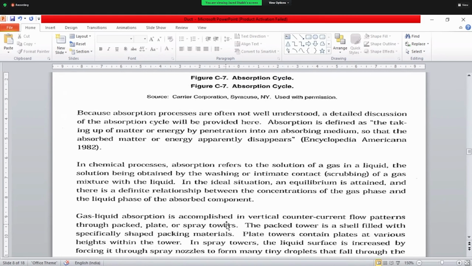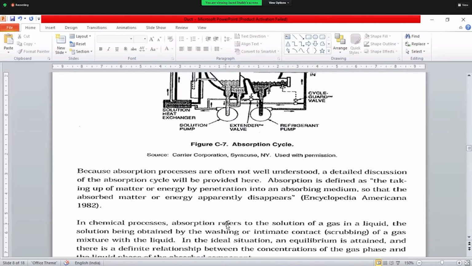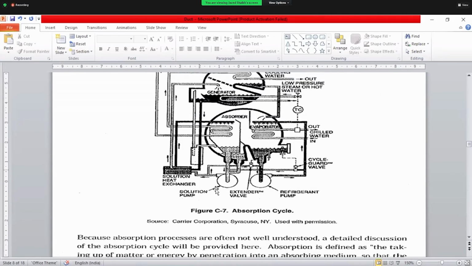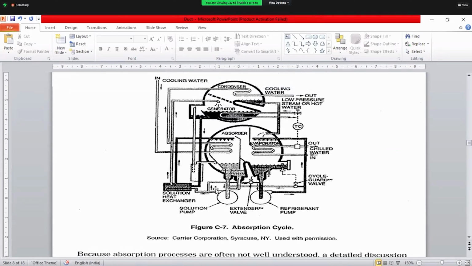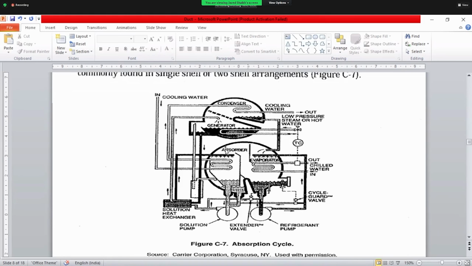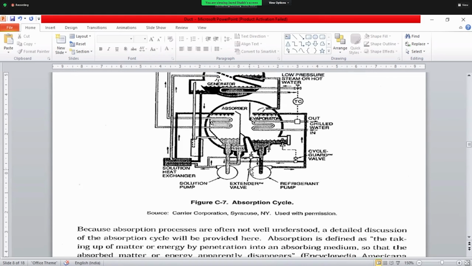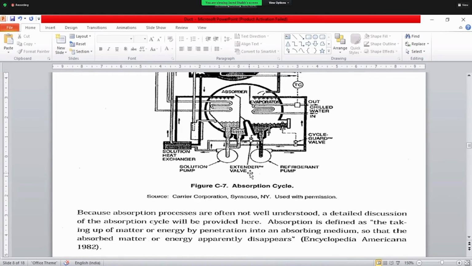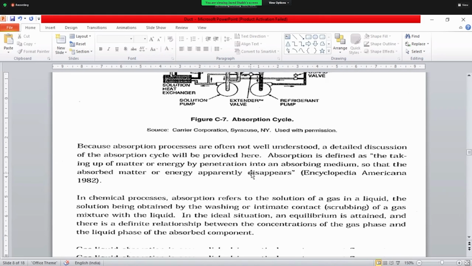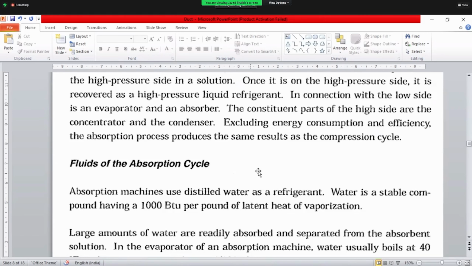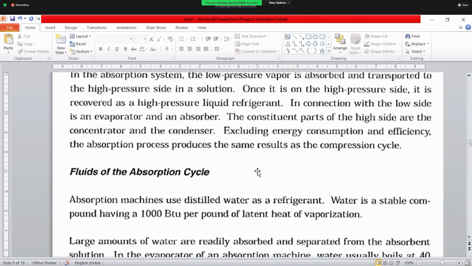So it's basically a complicated system. To understand it, we have to go into detail. It would take a whole one hour class, so we will just go over it, because it's not widely used in our HVAC. We can just view how it works basically. We will not go into detail because it's not widely used. Only as an example we are giving it here, because we have to mention the types.